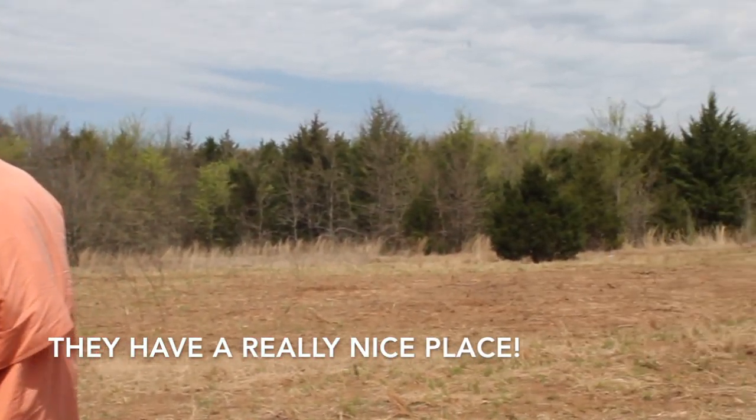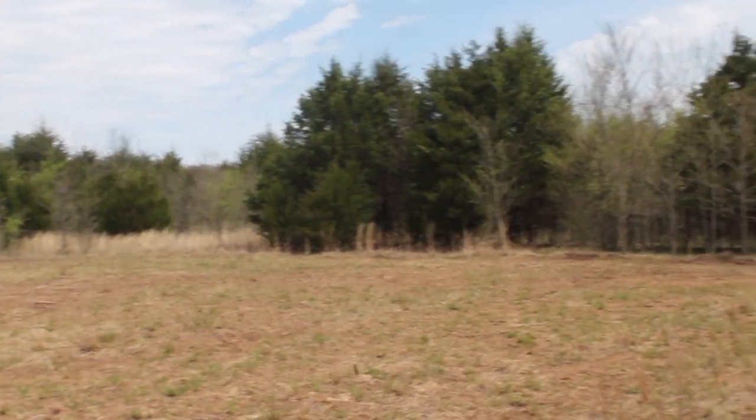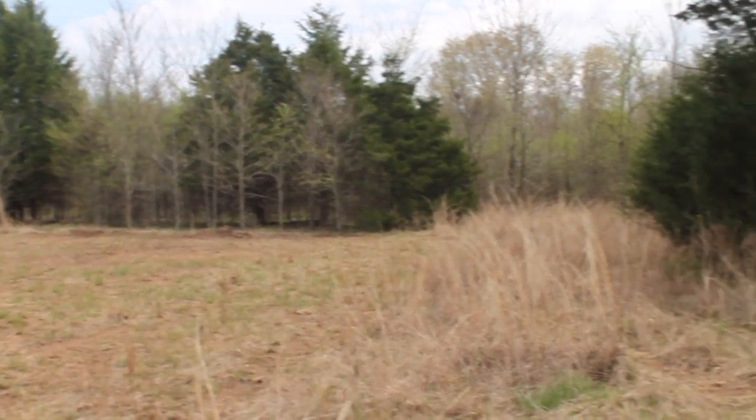Shaped like a chimney. So that kind of marks the corner of our property line. So we'll leave all that unfinished for hunting, and then we'll just start to do the